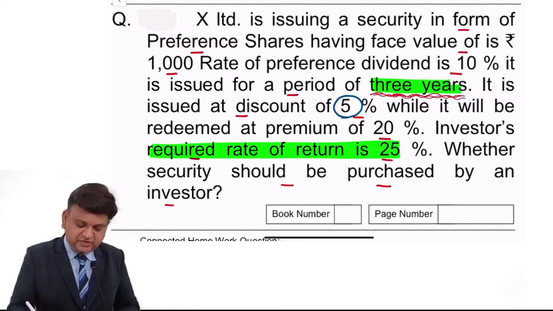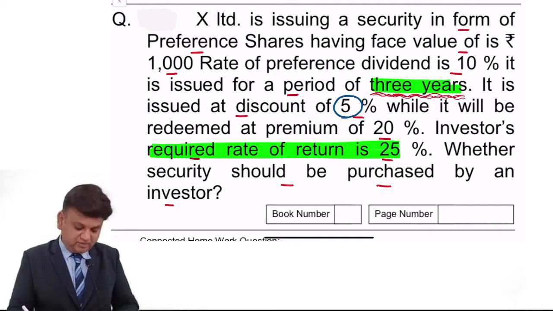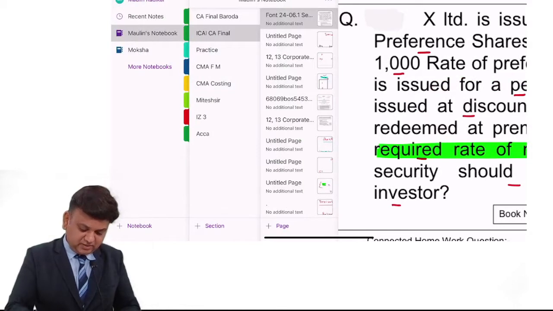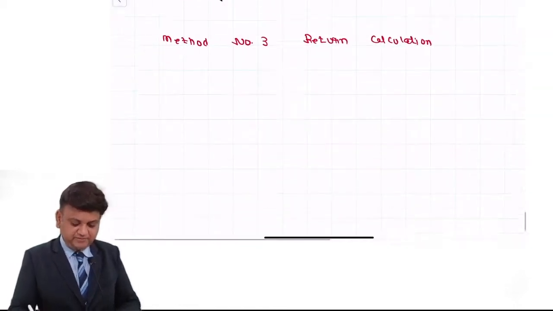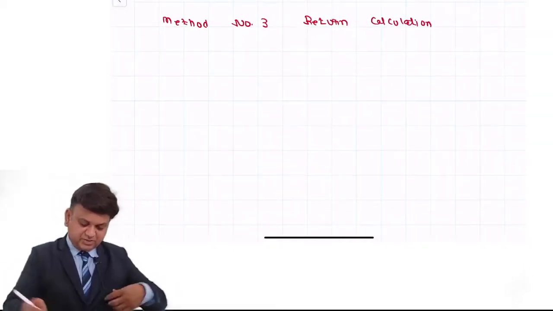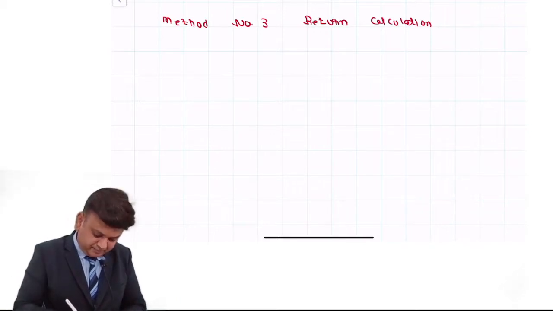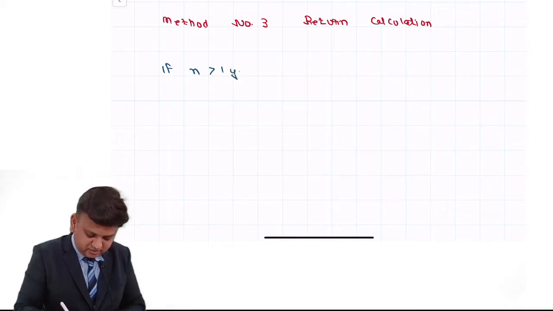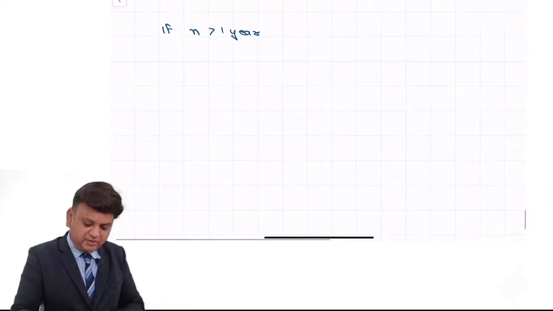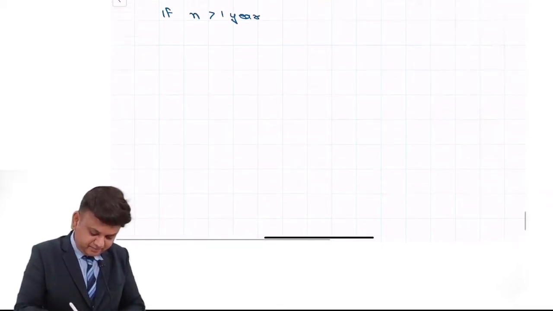The time period of investment is exceeding 1 year. If it is exceeding 1 year, then in that case you have to check. Listen to my explanation carefully. If n is exceeding 1 year, then in that case you are required to check that